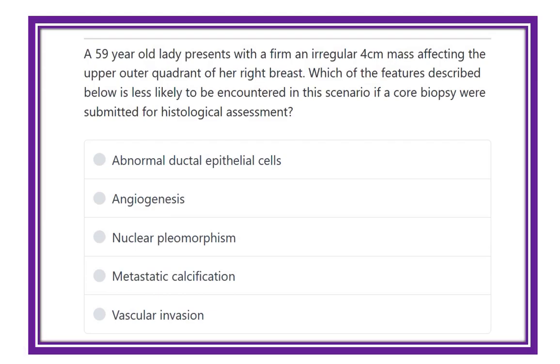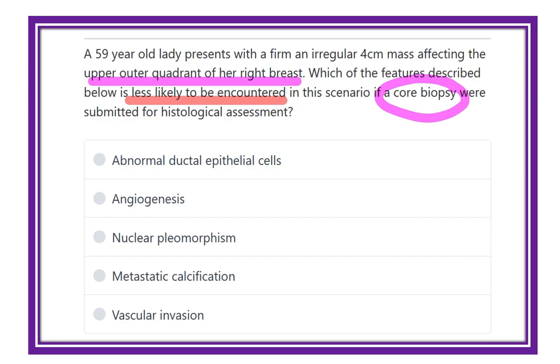A 59 years old present with firm irregular 4 centimeter mass affecting the upper outer quadrant of her right breast. Which of the features described below is likely encountered in the scenario in the core biopsy submitted for histopathological examination? So again, in a recap, a 59 years old present with the 4 centimeter mass,